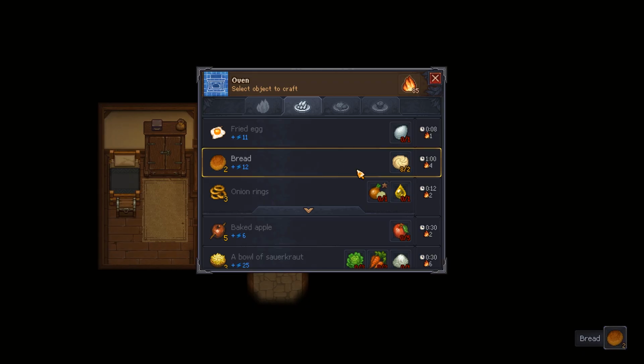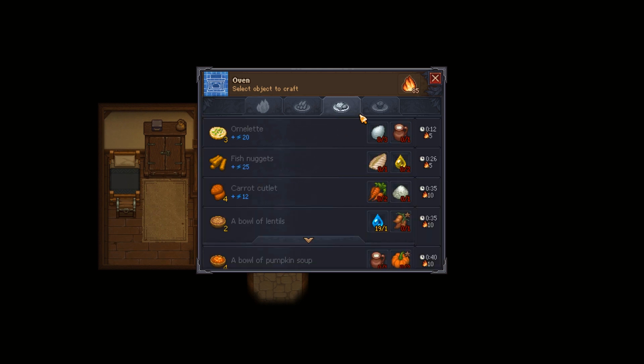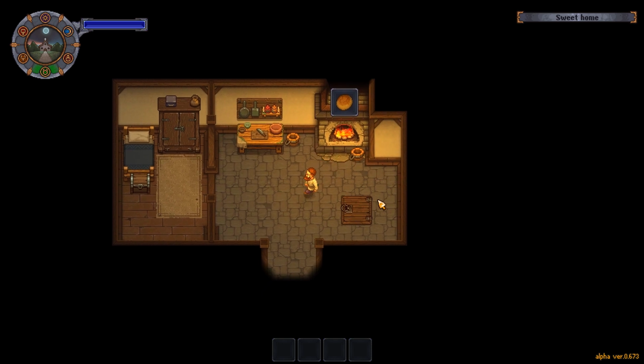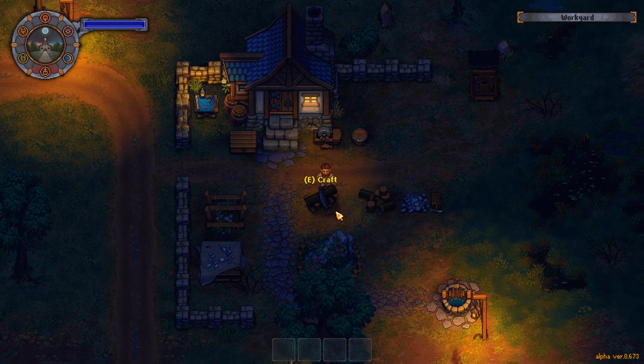Bread. I have been working on some things. I've got quite a lot of fuel because I learnt how to make firewood. I've done a few of these so far. Put some more bread on. Finally getting through all that bread. So I created a...